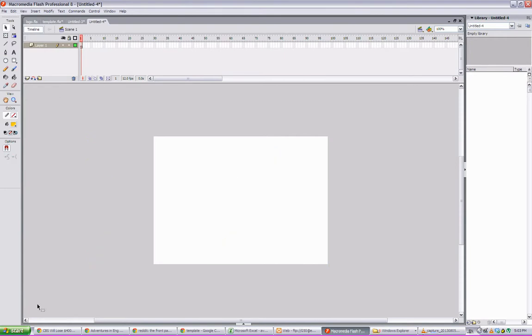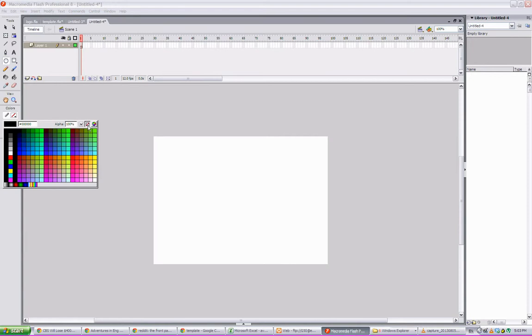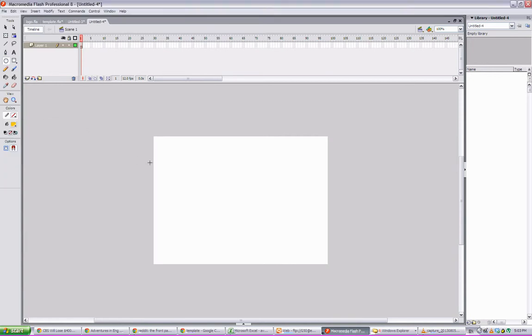Now what I'm going to do here is I'm going to make the same simple logo. In this case I don't want a border, like I said, so I'm just going to select this icon here. That means I don't want a border. I'm going to draw my circle. Now in Flash,